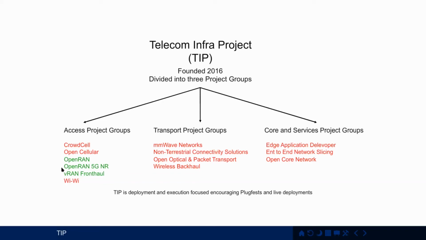And this white box 5G new radio uses open and disaggregated architecture. And they're also looking at vRAN fronthaul. So instead of using perhaps CPRI or eCPRI, why not use something like Ethernet or G.fast or GPON as a means of connecting the DU from the RRU?